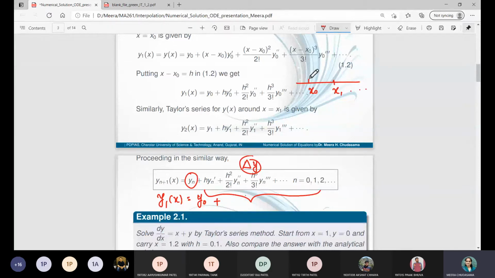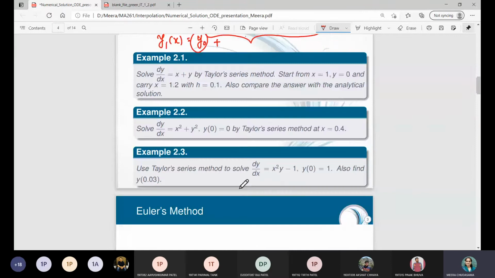From x0 we take the increment, step size h, so that we can reach the point x1. Similarly, in general xn is x0 plus n h, or you can consider it as xn minus 1 plus h. So this is the previously iterated value plus some increment. Similarly, for the corresponding y values, we consider the previously iterated value and some increment in each and every method. That is what we have for Taylor's method.